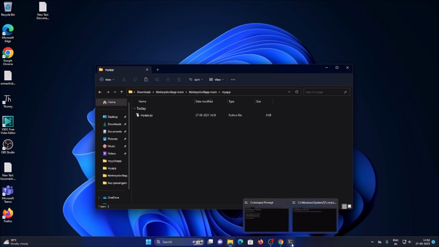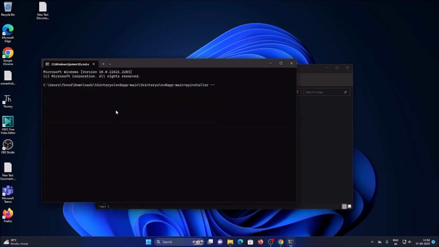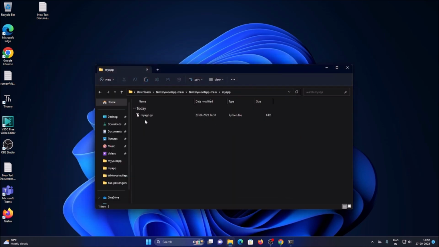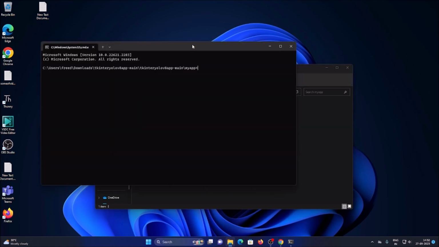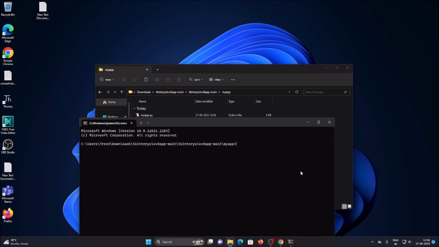Cool. So open the CMD. As you can see, I have opened the CMD, and now we are inside our myapp folder. Here we are going to run our command. Now it's really easy to use. Now pyinstaller